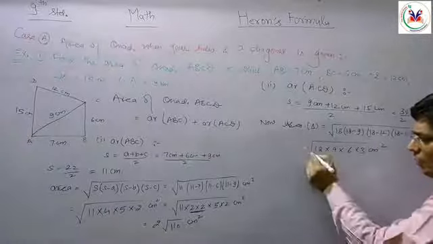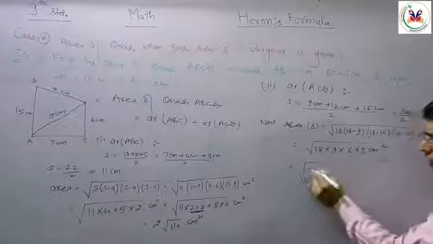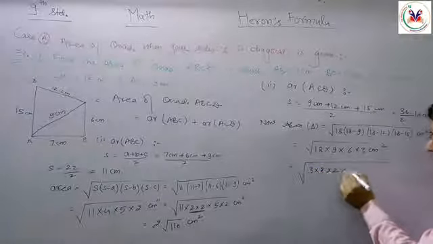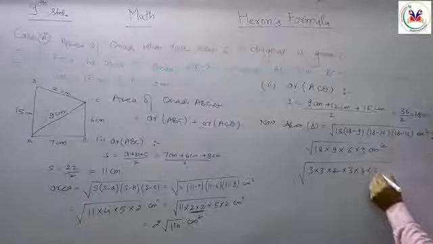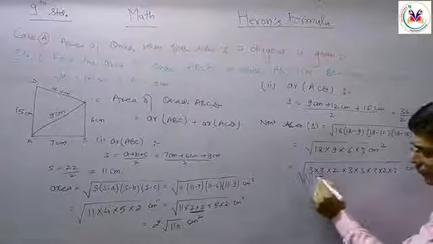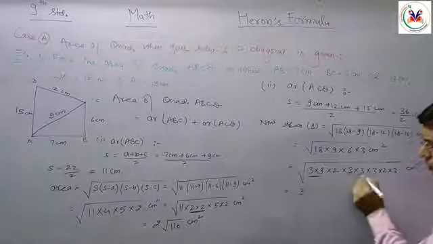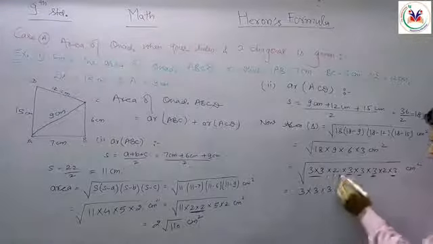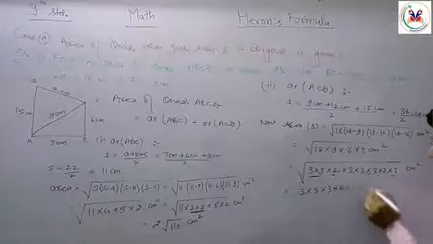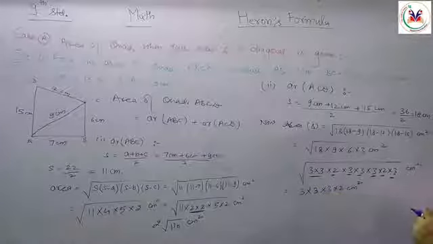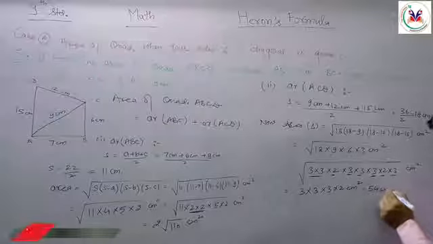So now what should I do? I'll just take the factors of those things. 18 factor 3 into 3 into 2. 9 factor 3 into 3. 6 factor 3 into 2. And 3 will be as it is. Now we should find pairs. That means 3 pair, 1, 2 times, should take outside. Again 2 times, and 2 is also 2 times, so we should write it a single time, centimeter square. So 3 3 are 9, 9 into 3, 27, 27 into 2, 54 centimeter square.